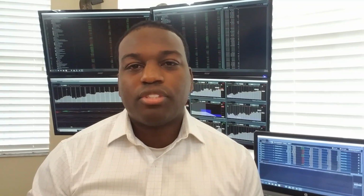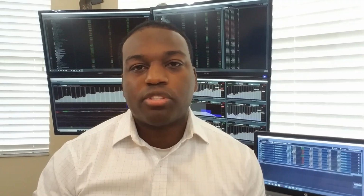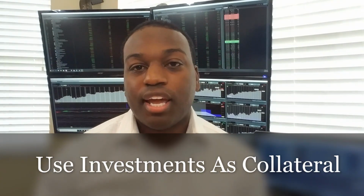Now, one of the greatest tools that you can use is the margin ability on your account. With taxable investment accounts, your broker, such as TD Ameritrade or Charles Schwab, will allow you to leverage or take a margin loan against the investment account. What this is doing is allowing you to take out a loan, writing a personal check directly to yourself, and using your investments, whether they're stocks, bonds, mutual funds, or ETFs, that are inside of your investment account as collateral